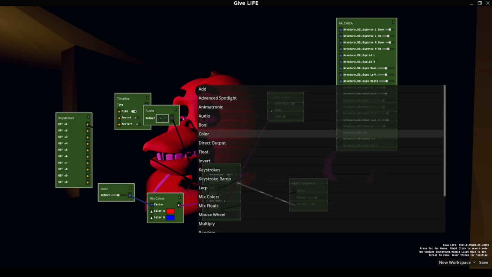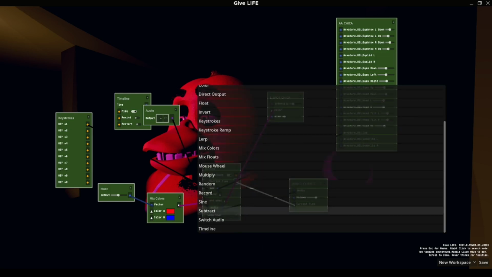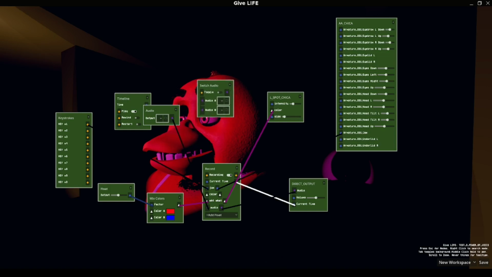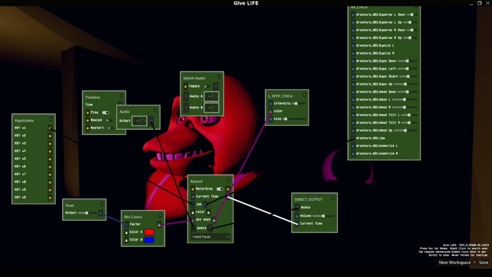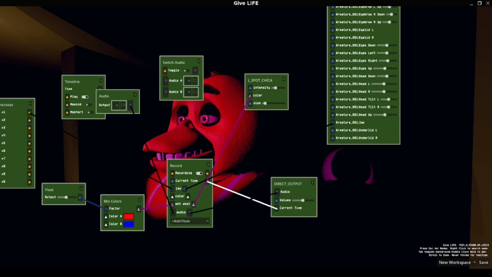Or if we were to add a mix audio node here, switch audio. So similar to if we had a switch video node here, you could switch the video between different feeds on different TVs whenever you want. So you have any output, any TV output, any video you want at any time, which I think is really powerful. You could not do this stuff at all in Faz-Anim. And I tried to implement it. It was such a mess you couldn't do it, because you really need a system like this to fully take advantage of it. So now we have that.